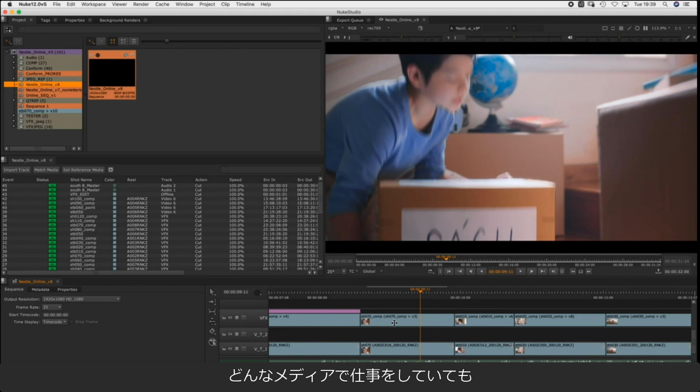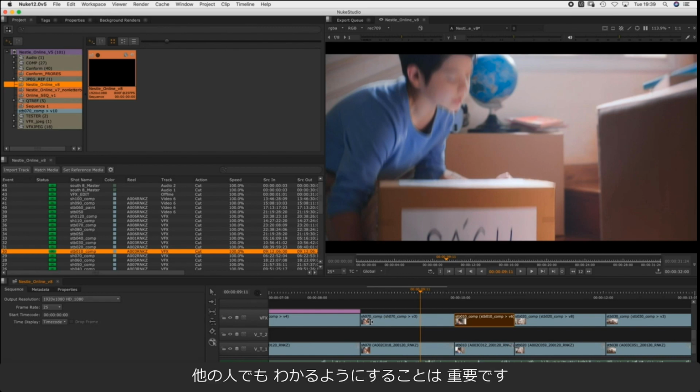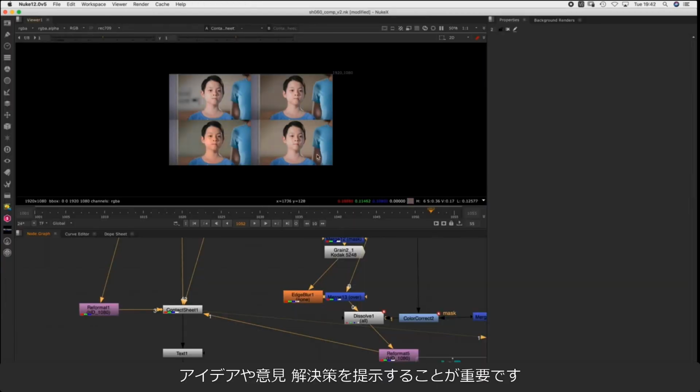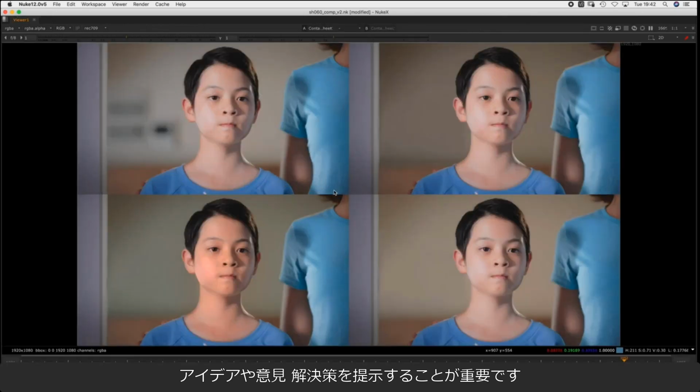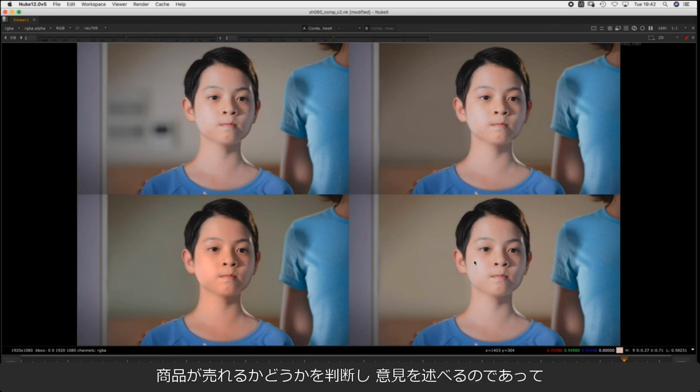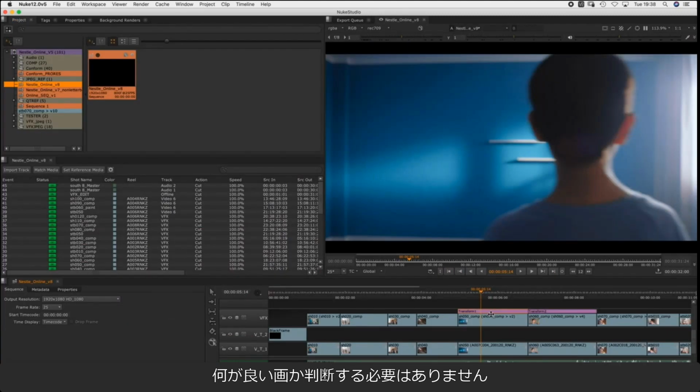No matter in what media you're working, it's obviously important to name your versions and keep it tidy and make it easy for people to understand what you've done in your script. It's important to constantly have a dialogue, not just talk. Have a dialogue with the client, explaining what is possible, what is not possible without saying impossible. I mean, you give ideas, opinions, solutions, but always bear in mind that the client you're dealing with is paying for what you do and make decisions and opinions based on what will sell their product, not necessarily what is